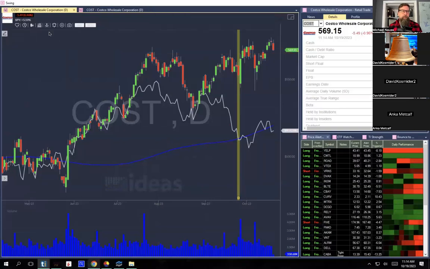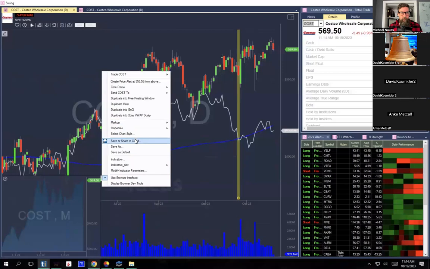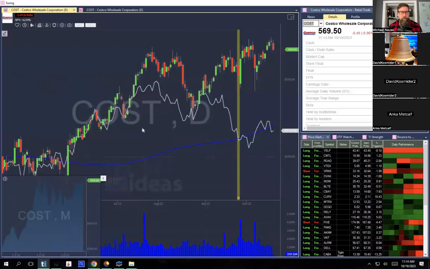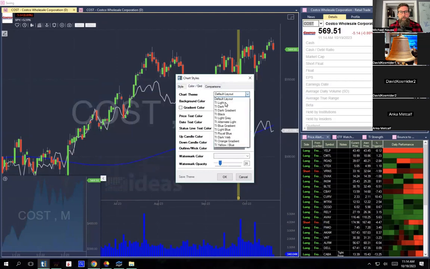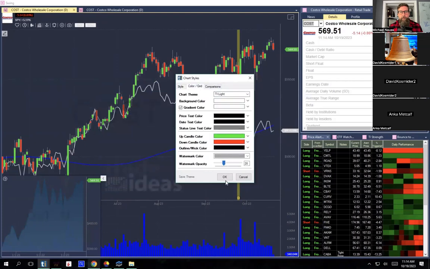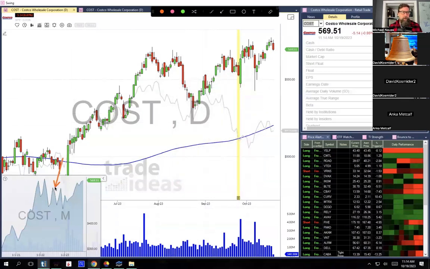But if we go out here, we have what we call picture-in-picture charts. Actually, it'd probably be easier for you guys to see if I go. I like darker charts because they're easier on my eyes staring at charts all the time, but for you guys, it's probably easier to see this. So this down here is what we call picture-in-picture charts. This is a monthly line chart of whatever I'm looking at up here.